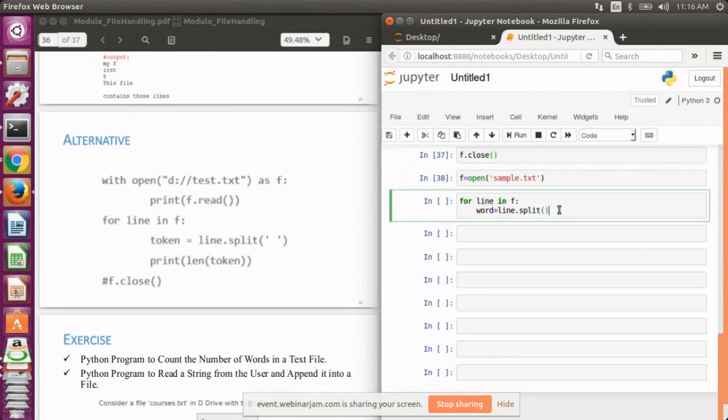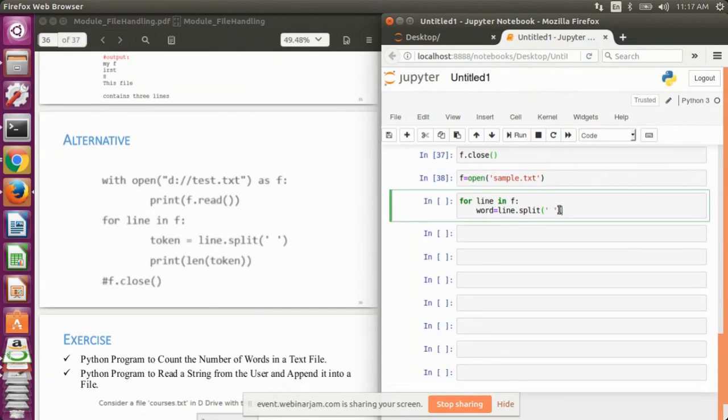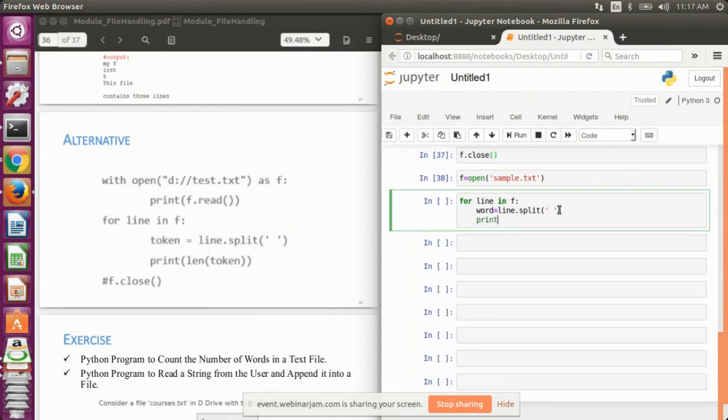Whatever we read, we always read in the format of string. So if there's a numeric number also, we read it in the form of a string. So two will be read as a string. Fine. So we split it with a space, and then let's print the word.